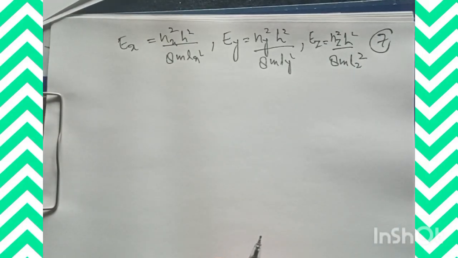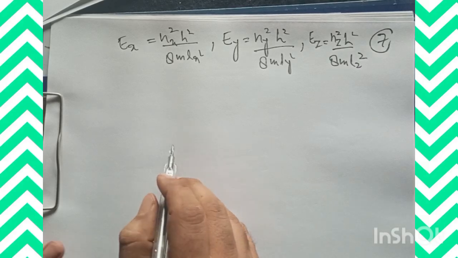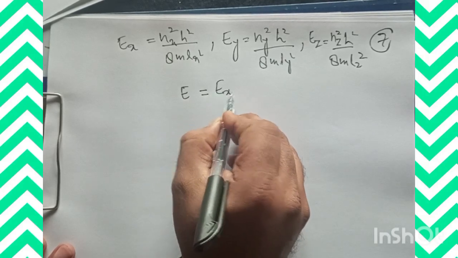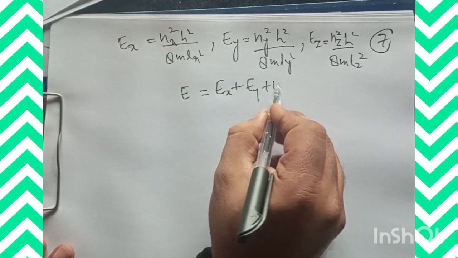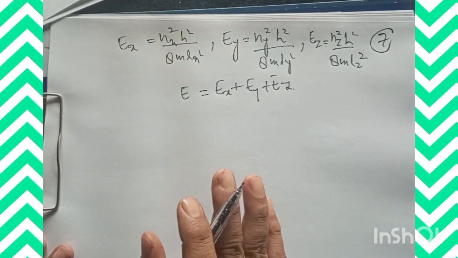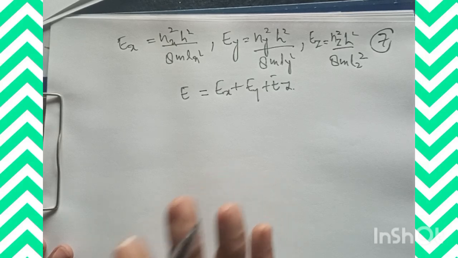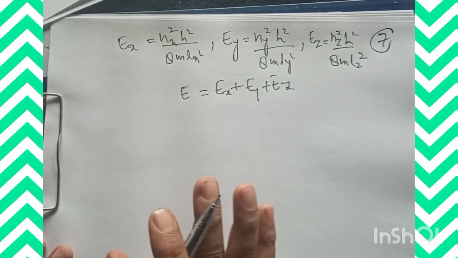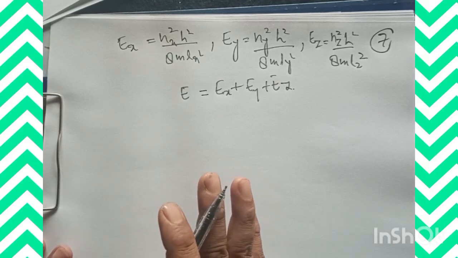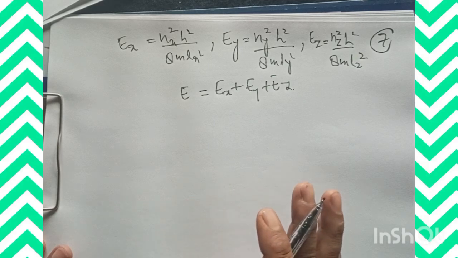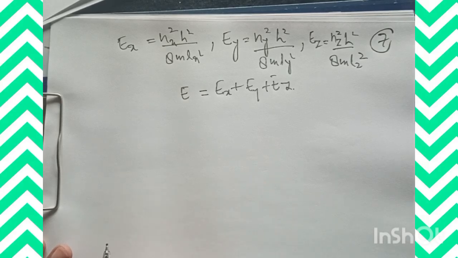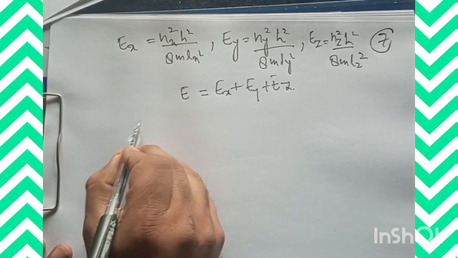And what we can do is that we understand that the total energy can be the sum of Ex, Ey, and Ez, and this will give us the allowed energy values for the particle that is inside this box, which is infinitely hard at its edges, so that it's impossible for the particle that we have chosen to leave this box. And that energy will be